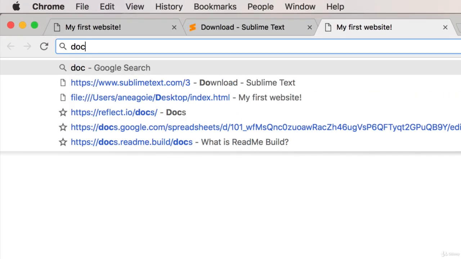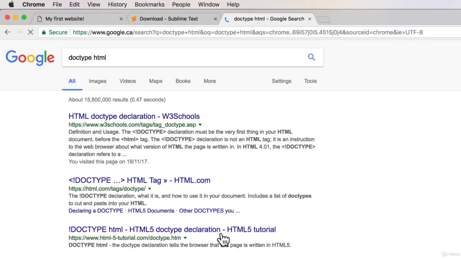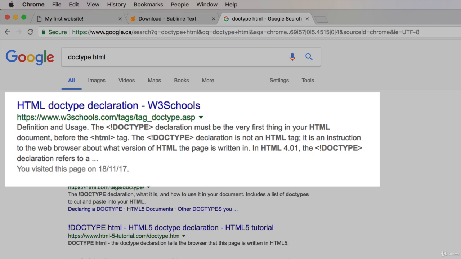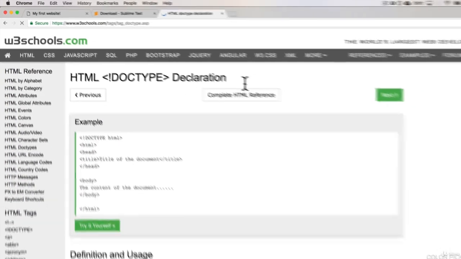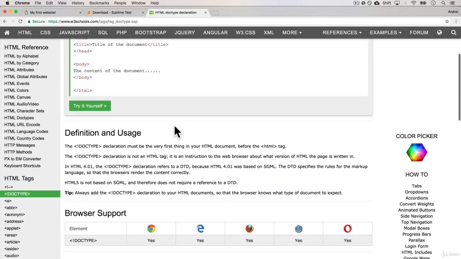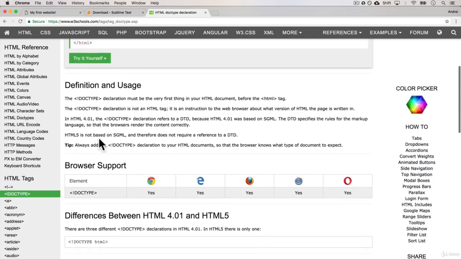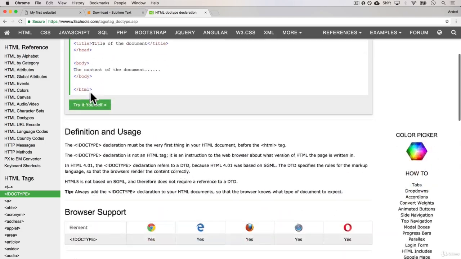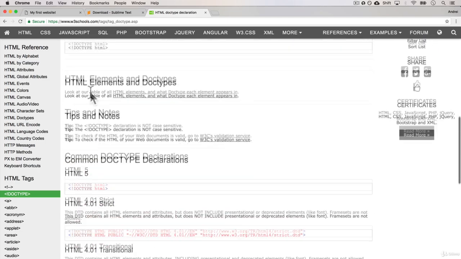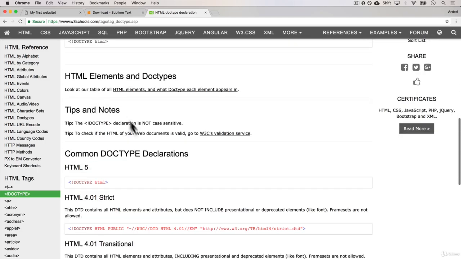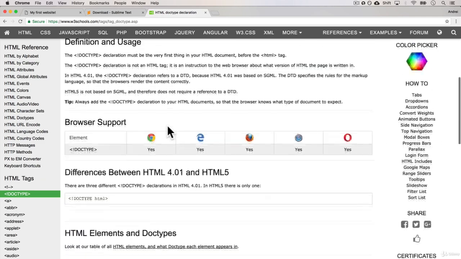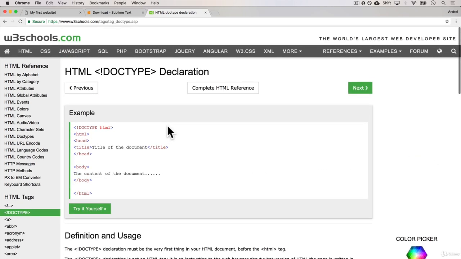So if I go into doctype HTML and we Google that, one of the first things we get is the W3 School. And this is a resource that I highly, highly recommend. It will actually explain what the doctype is and even show you a demo of what it does. You can read into this and get more familiar with it, but the general rule and the concept behind doctype is